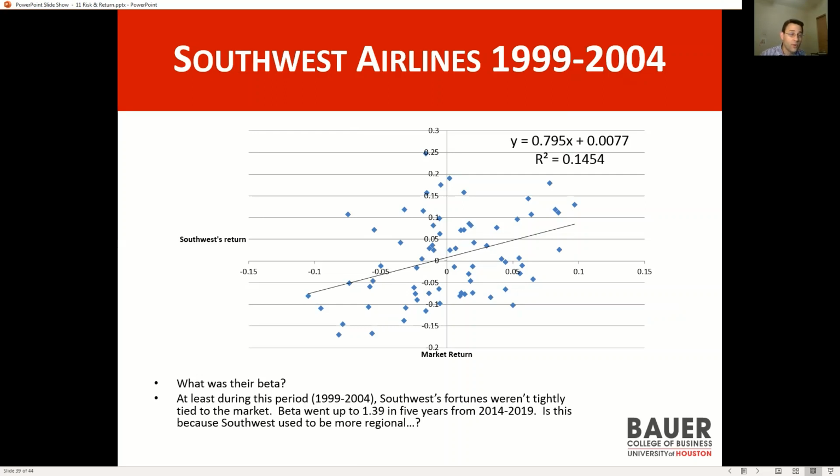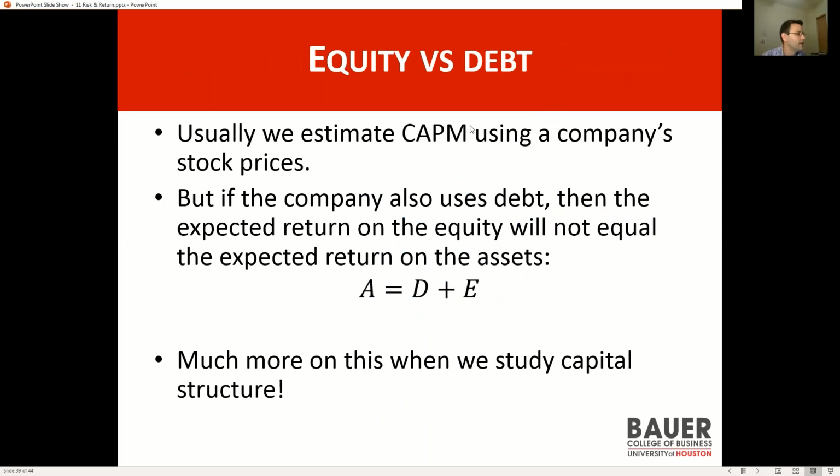So that could have been driving the increase in systematic risk from 1999 to 2014. But the point is you can get decent swings in your betas if you're using different samples. The second caveat has to do with